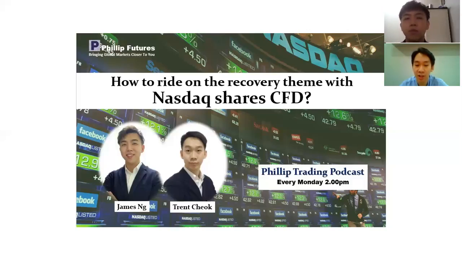So there's 10 times leverage there. It actually allows investors to potentially increase their return through a smaller capital outlay. So you don't have to use much money to control a larger position. The profit is multiplied by the leverage factor, which is 10 times based on our example earlier, and